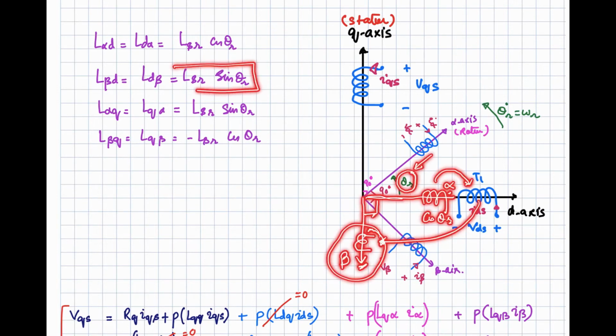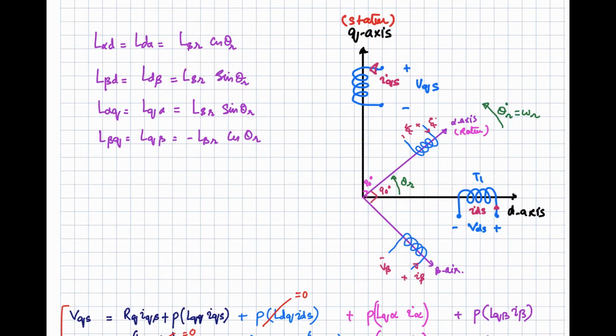So we are going to model the inductance of the beta axis linked with the d axis with the sinusoidal function. LSR is the inductance between the stator and the rotor, that is basically beta d or d beta, the maximum value of that one, into sine of theta r. Sine of theta r gives us information on how the flux linkage of the beta winding will change with the d axis winding when the rotor frame rotates at the speed omega r. The rate of change of theta r will be omega r. So we have L alpha d, L d alpha, and L beta d and L d beta.